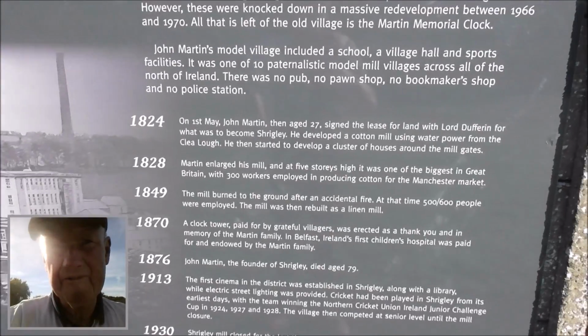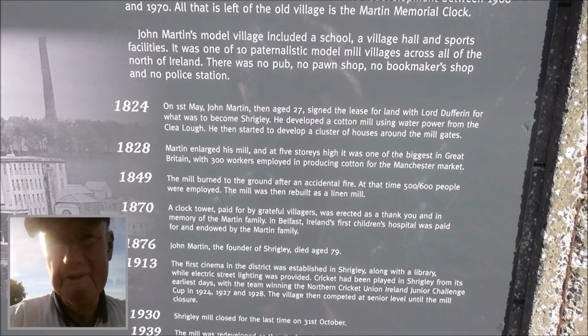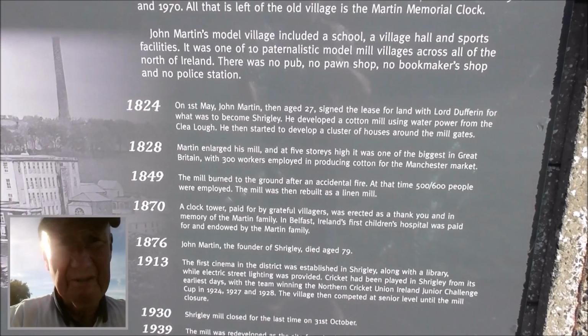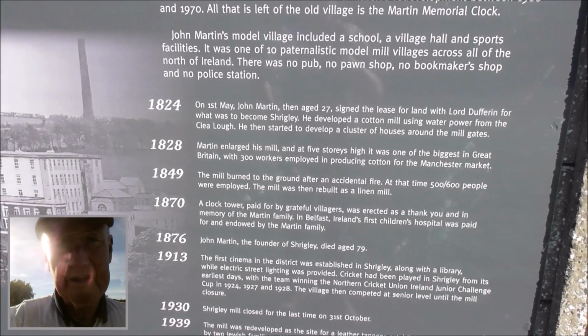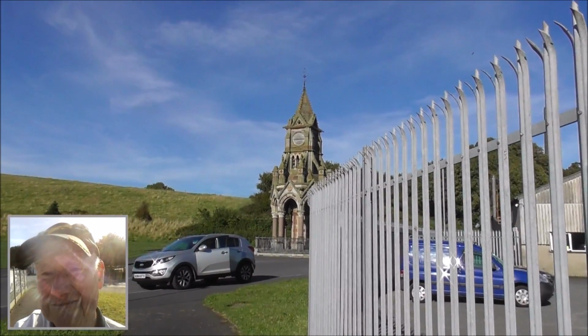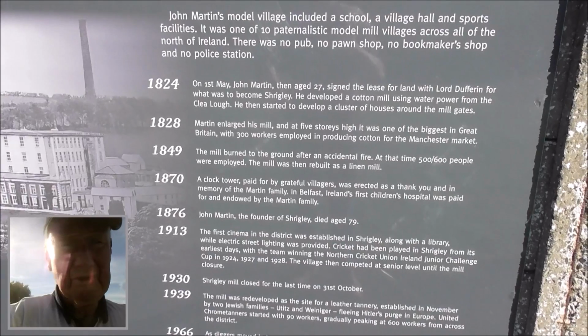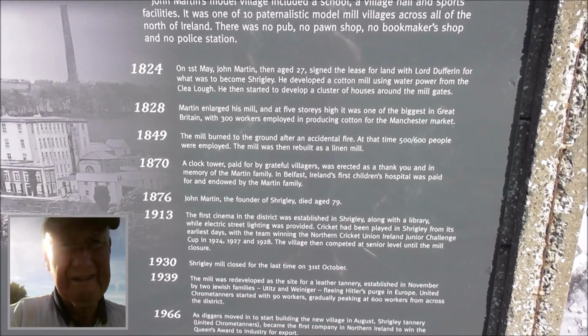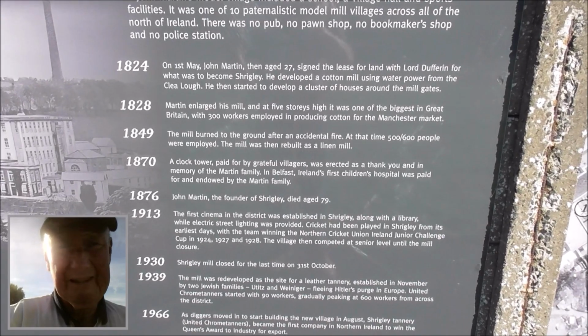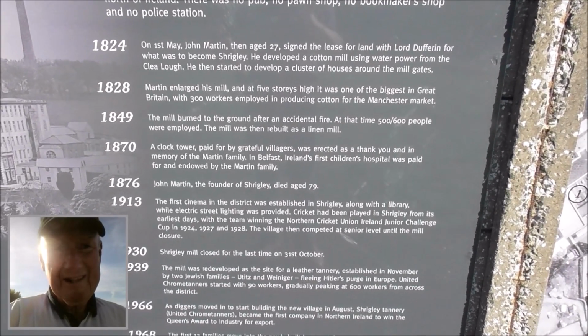1870, a clock tower paid for by grateful villagers was erected as a thank you and in memory of the Martin family. In Belfast, Ireland's first children's hospital was paid for and endowed by the Martin family. So that's the clock tower up there. John Martin, founder of the Shrigley, died in 1876, age 79. Wonder where he's buried. And that goes on to tell you about a cinema and a library, electric street lighting,